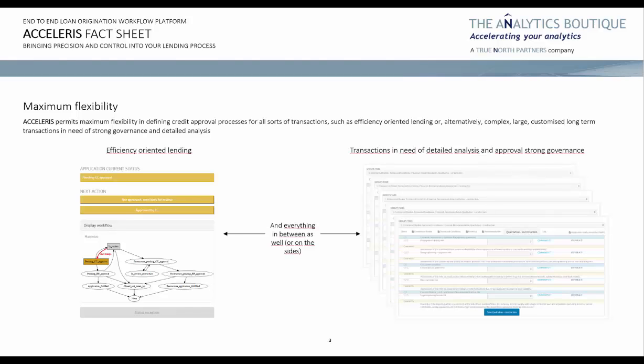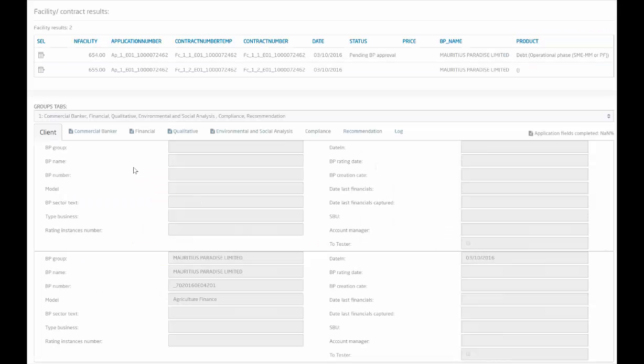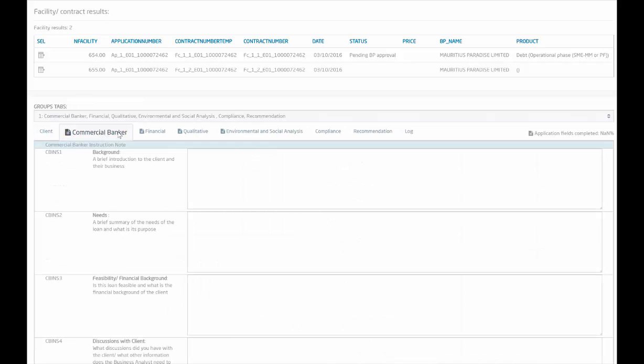Acceleris flexible components allow for both a transaction in need of detailed analysis and approval, control, governance, as well as other types of transaction oriented to efficiency and profitability. Needless to say, it also allows anything in between these two extremes, or even on the side of these two cases. An example of a not too sophisticated transaction could be this one, where we have only a few